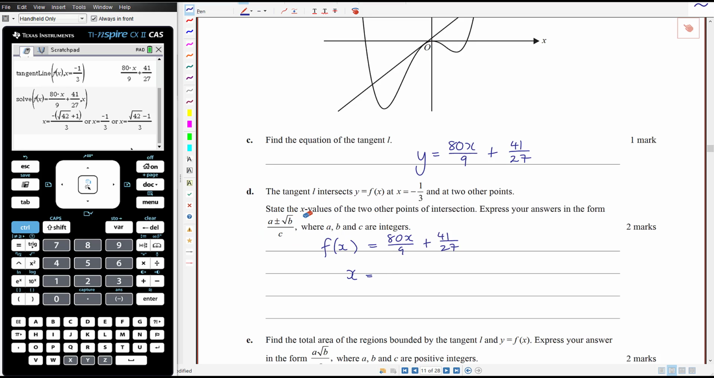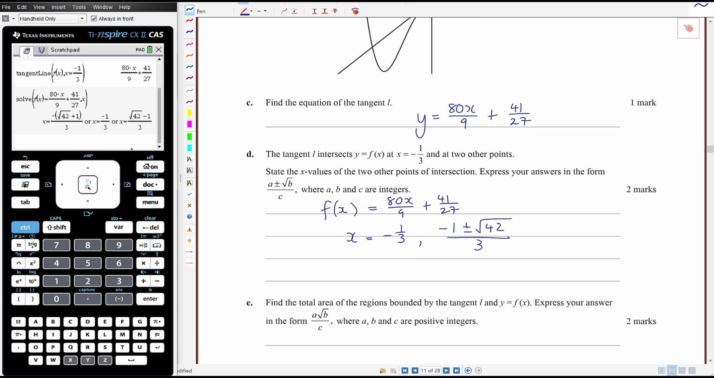Okay, so we get negative a third, or negative 1 plus or minus the square root of 42 all over 3. Express your answers in form. So state the x values of the other 2 points of intersection. So I'm just going to answer the question. I didn't want to omit this because it's a solution to that equation, but I'm just going to then actually answer the question. So therefore the other 2 intersection points